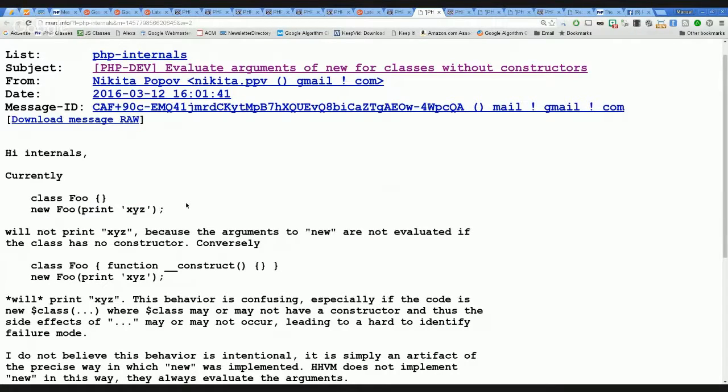Well, this is weird, but at the same time, I think, when are you going to pass parameters to a constructor for a class that does not have a constructor?